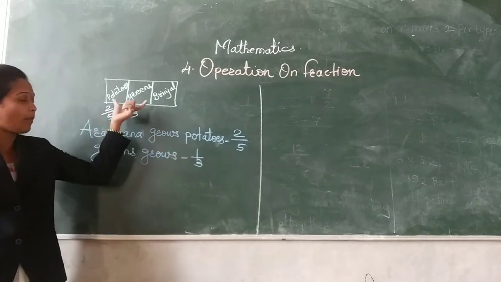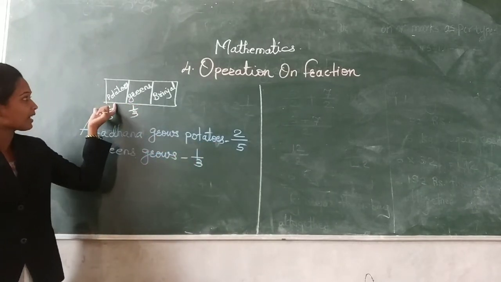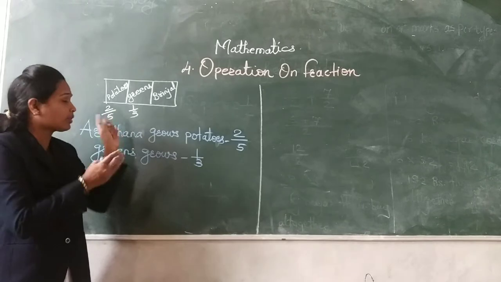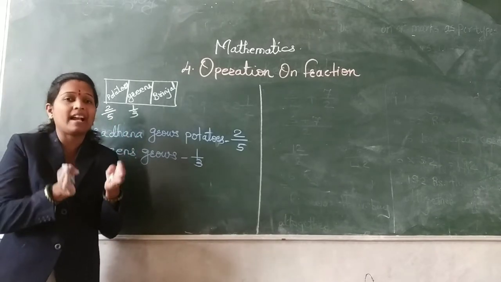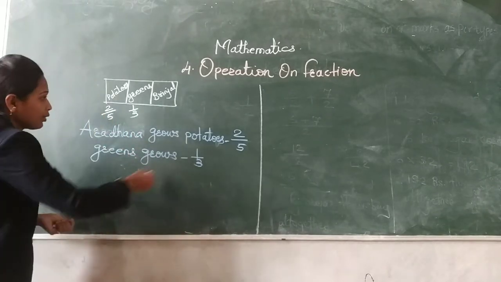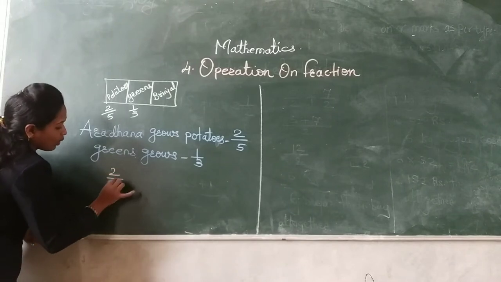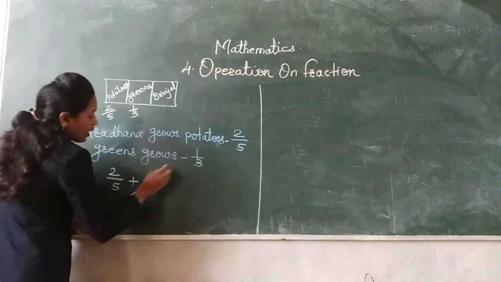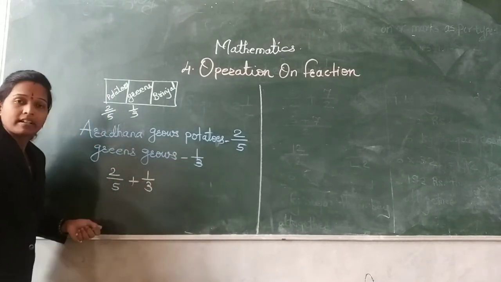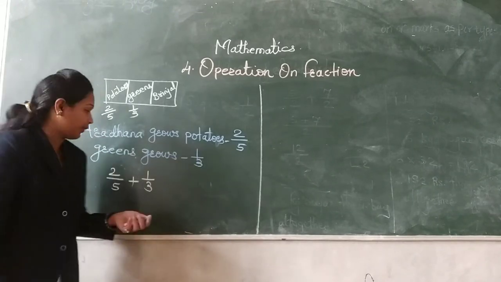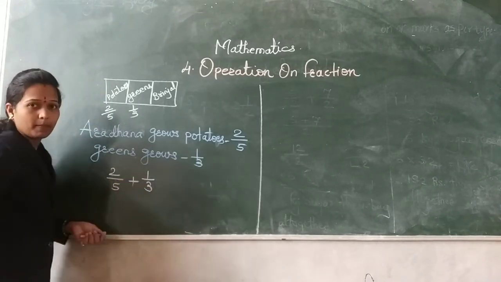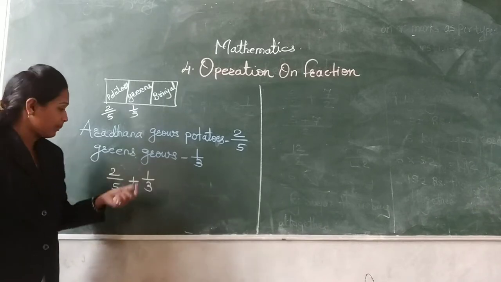First of all, if you observe her field, potatoes are there and greens are there. It means 2 things are there. So we have to do the addition of those 2 things. So do the addition, that is potatoes are 2/5 part plus 1/3 part is her greens. So do the addition first. Okay. 2/5 plus 1/3. So if you observe